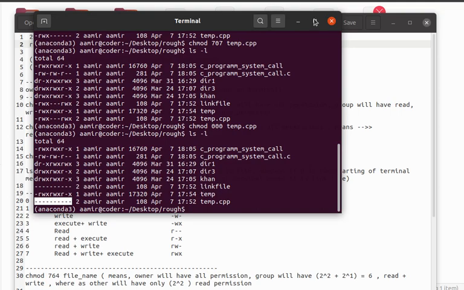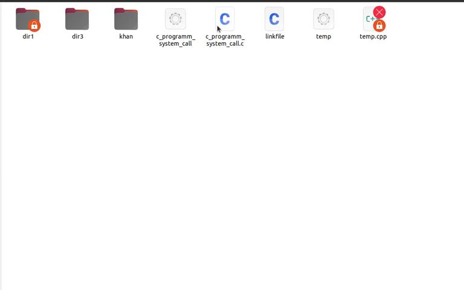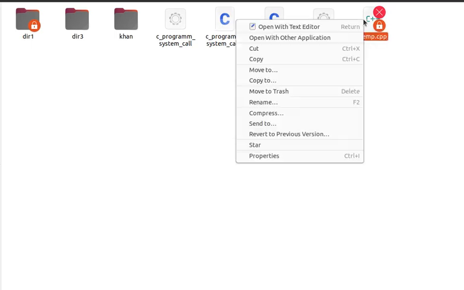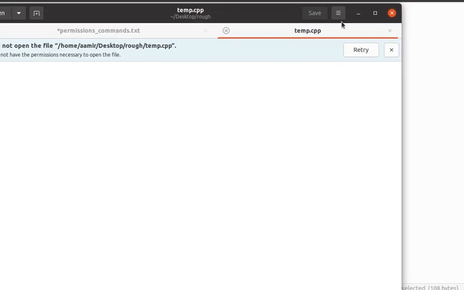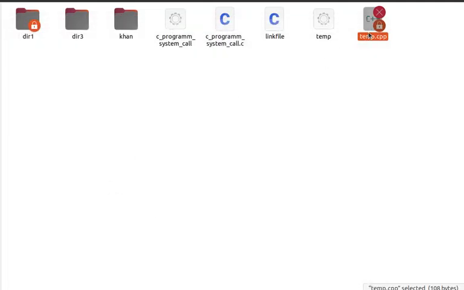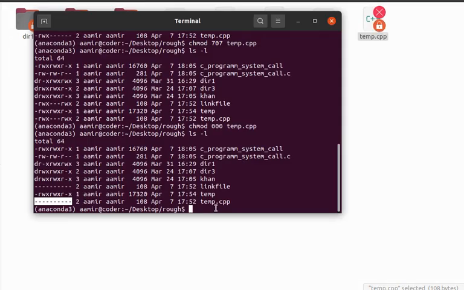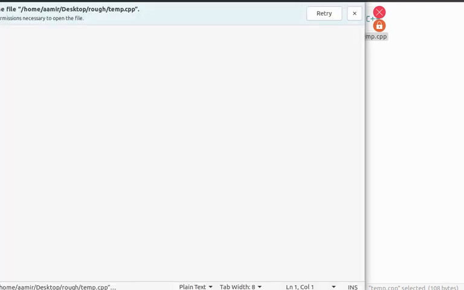And no permission means, if you try to run this, you will see nothing in this file. So no permission has been given to this file, temp.cpp. We want to run this again, and here it shows nothing.